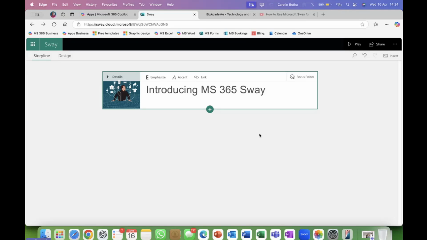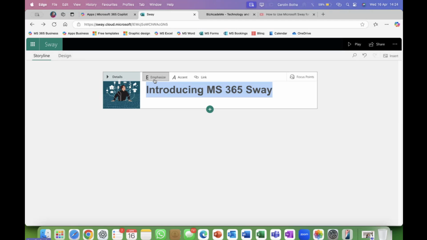What you can do though, is you can take your heading and you can emphasize it. So it bolds it. That's what emphasize means. Or you can use this option, which you can see looks like it's italic.